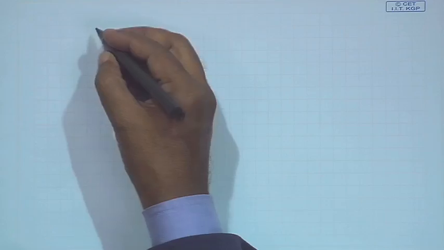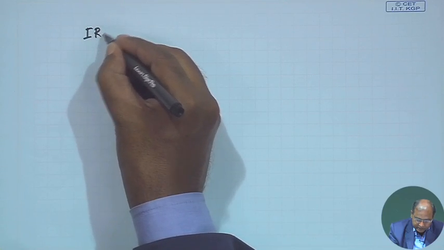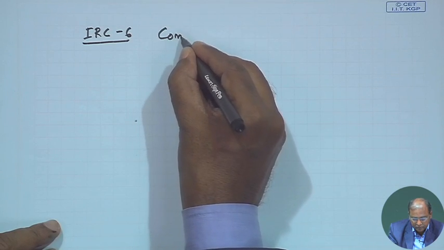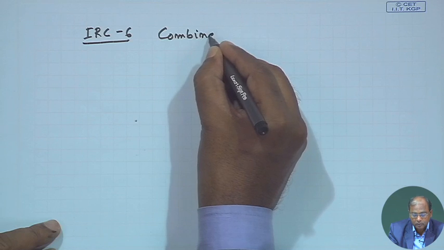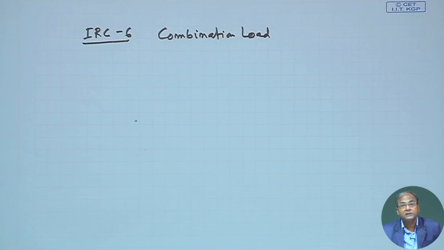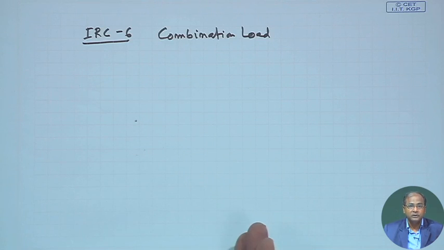Now, coming to this one here, according to IRC 6, you shall get the combination of load. It is not simply, say, 1.5; somewhere it is 1.35, 1.5, that multiplication factor like that. So, then we have to apply that one, and then we shall get the bending moment and shear force here. So, this is the thing that we do here, and just to tell you here,